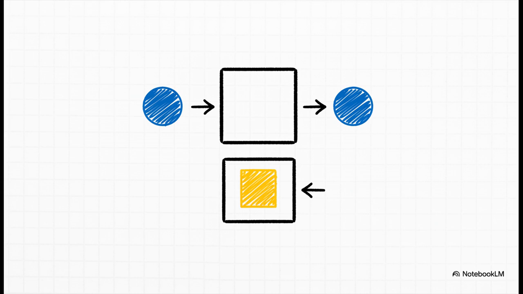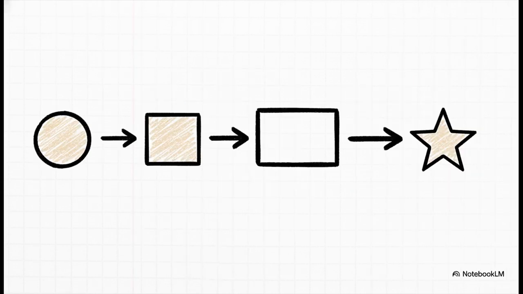It's like a perfect mirror. Next up is the constant function. And this one is the definition of predictable. No matter what you put into it, the output is always the exact same constant value. Always. It's kind of like a fixed price on something. Doesn't matter who's buying, the cost is always the same.